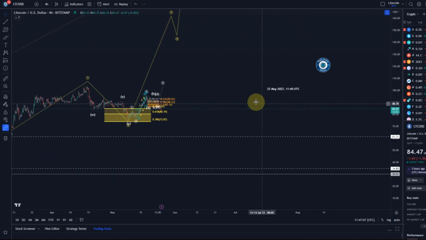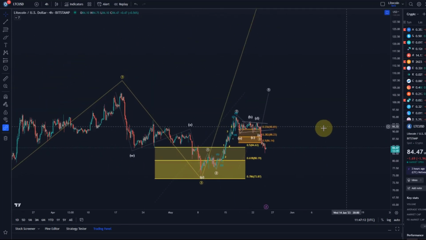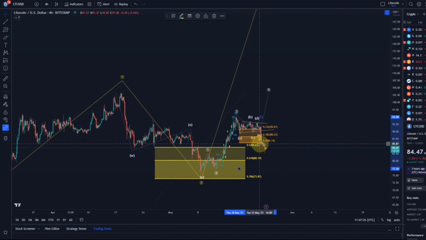The problem that we have in the short term is that we explored in the last video the idea that, okay, if this is supposed to become something, then it needs to turn around here in this box, and we need 5 waves up. Now, clearly, we didn't get 5 waves. That's also because it was a bit more risky. I did highlight that in orange, not in yellow or green.